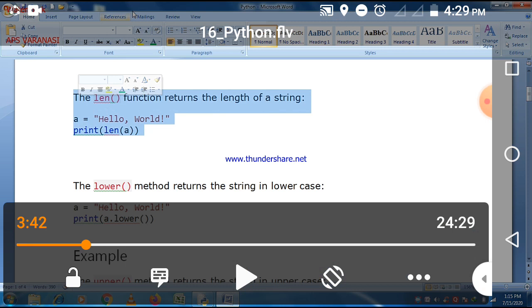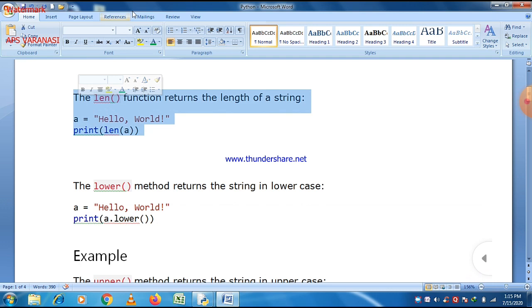Always remember that when you provide a slice to a string in Python programming language, it always starts from the first element given, whether it is a positive number or a negative number, and goes up to the element given, stopping one element before it.